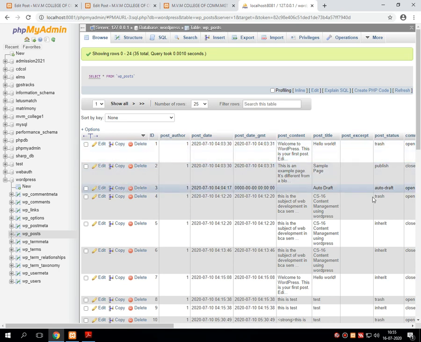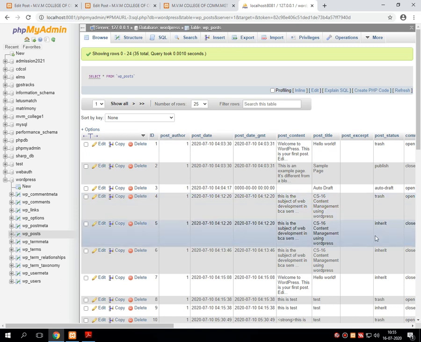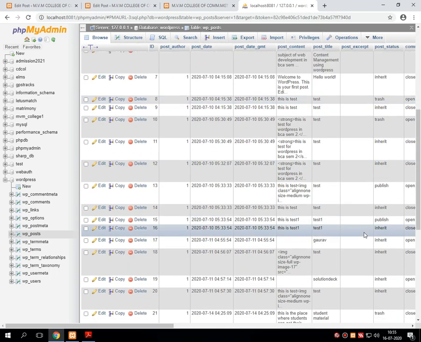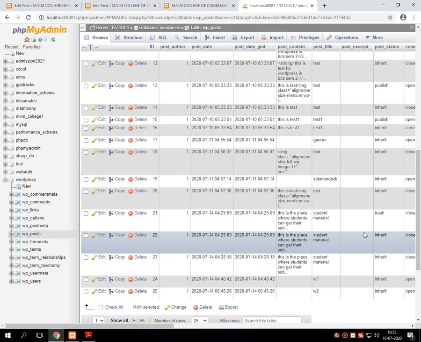Then I created one new post called Content Management System using WordPress. Then I deleted that. Then I inherited that, and I inherited it again multiple times. Then I added some content to that post. Then I added some image to that post.